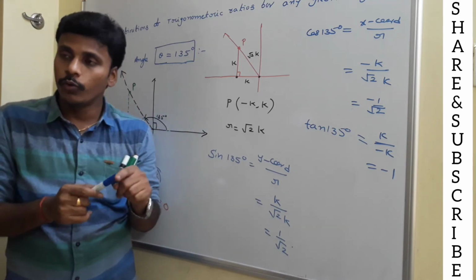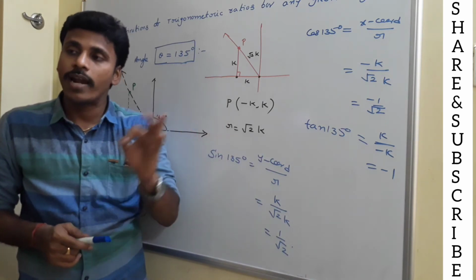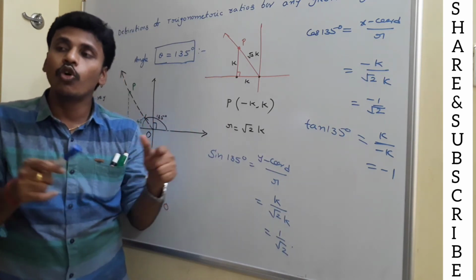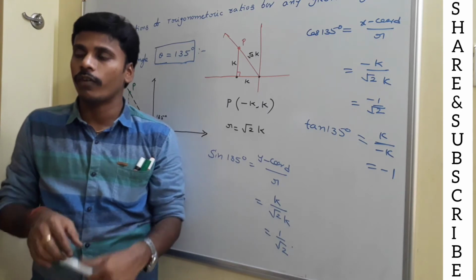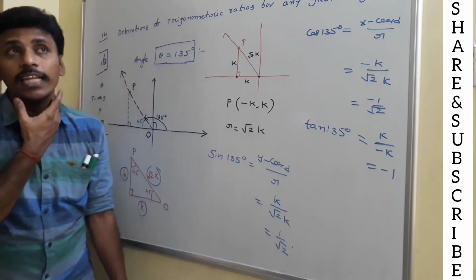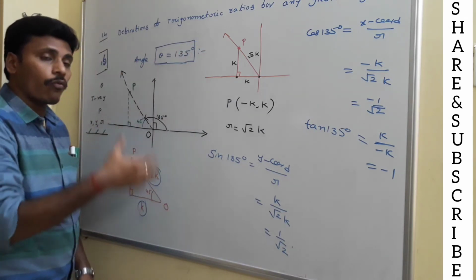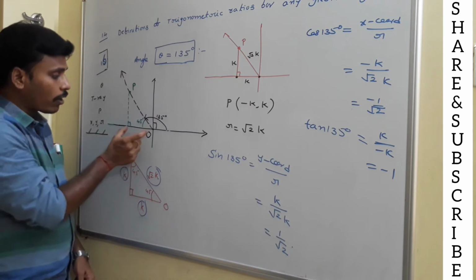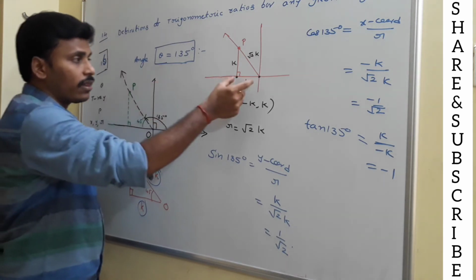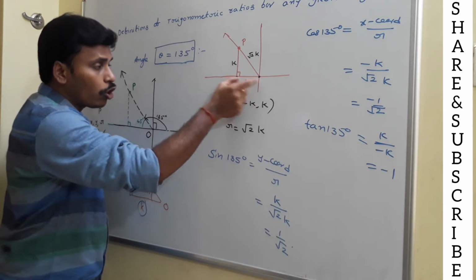What I am going to tell you is, for the known angles and known side ratios, you go with general white paper along with your normal pen. But if the angle is somewhat different, if the angle is not a known one, then you need to use a graph sheet along with a protractor to calculate this length and this length. See, this length is k, its x coordinate is minus k. That means you need this length, right? Here we know the length as k.